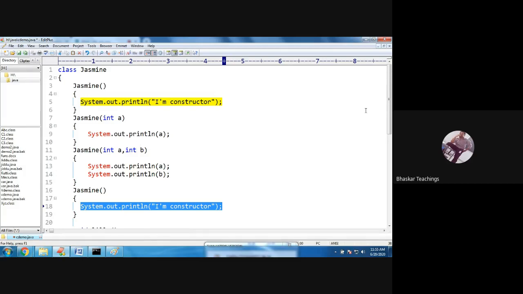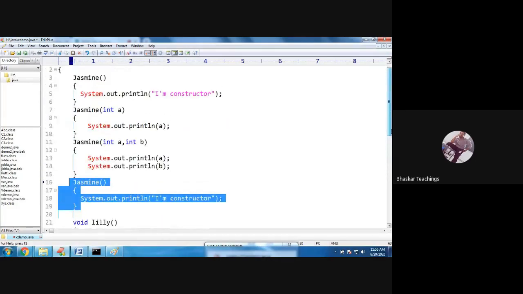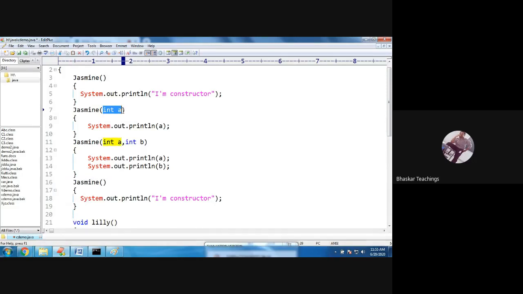Let me show you. Int z, and again, is it possible to define some float z here? No, not possible, because z is already used. Same way, once you created a zero argument constructor, you cannot create a zero argument constructor again. Same goes with the one argument constructor also.